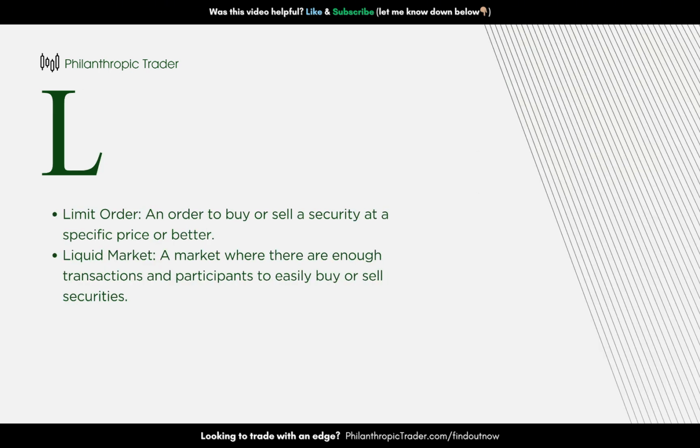L, limit order, an order to buy or sell a security at a specific price or better. Let's say price is 100 and you think, I do not want to buy right now at 100, but I believe that price goes down first to 80, and once it has reached the 80 level, I want to buy. But you don't want to keep looking at the charts 24/7, 24/5 I mean. So you place a limit order at 80, meaning when price goes down, then you buy at the 80 level, and if price goes up after that, you are in profit.